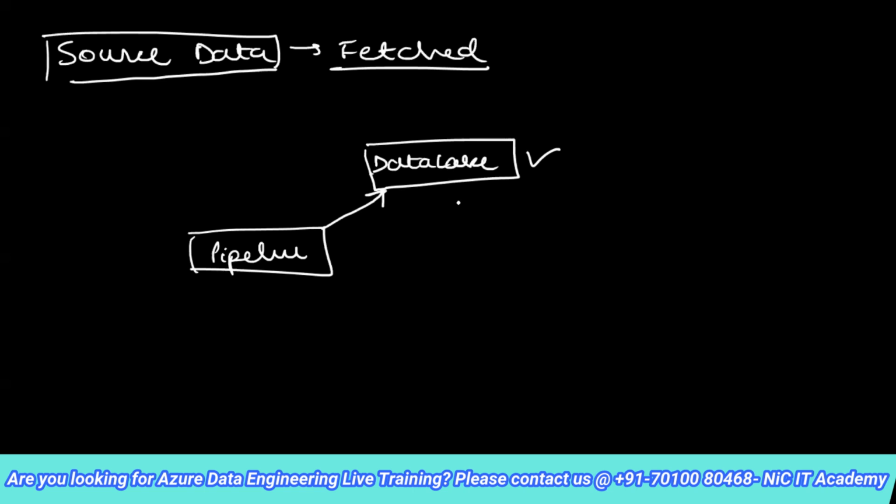Now, for any data store, I will need an authenticated mechanism to get the data. This data store is known for its security, whether it is a data lake or a SQL database. They're all known for their security. Will they give data to anybody like this? What do you think? Any pipeline asks for data, is the data store going to give that data away? No, it does not. There has to be an authenticated mechanism in place to fetch that data. And that is what a linked service does.